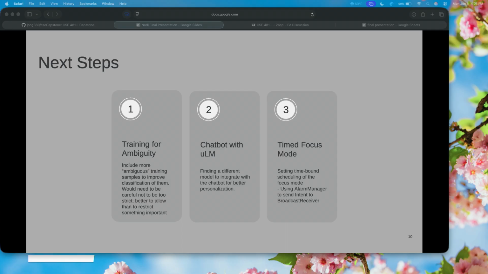We would prefer if the occasional spam message got through rather than something important being restricted. So that's why we tuned the filter to be not as strict, but a bit more careful. And we are also looking into finding different models to integrate for a chatbot to actually get the personalization